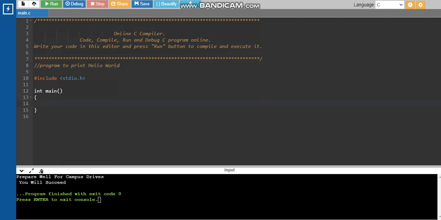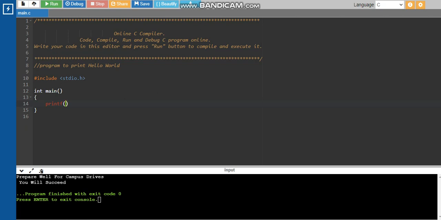So this is the structure as we have discussed. Include stdio.h, then int main, the return type is int, then there is an opening brace and a closing brace. Instead of bracket, we'll say it is a brace, curly brackets. Our intention here is very easy, very small. I just want to display a hello world message to all.